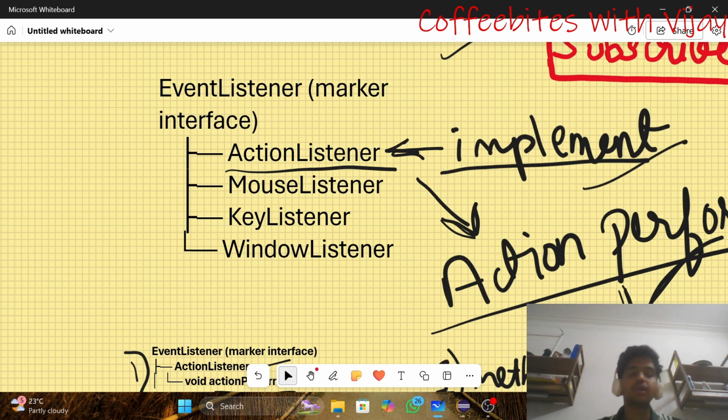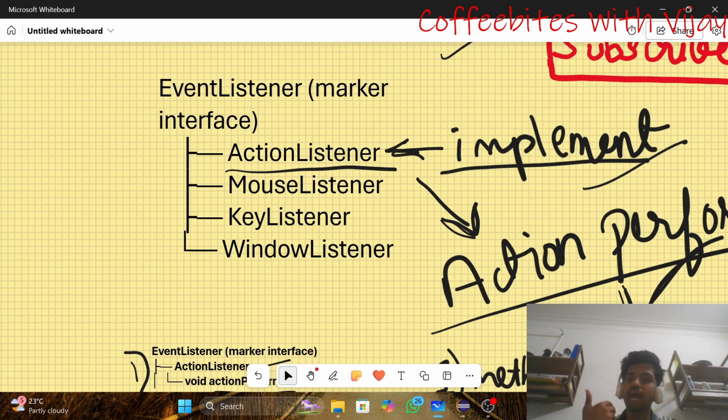The other interfaces may not support button or label. If I implement MouseListener, it may work or it may not work. But for ActionListener, if I use button or label, I have to implement the ActionListener. Why? Because I am recording the action, whatever I do on the button, and I want some event.